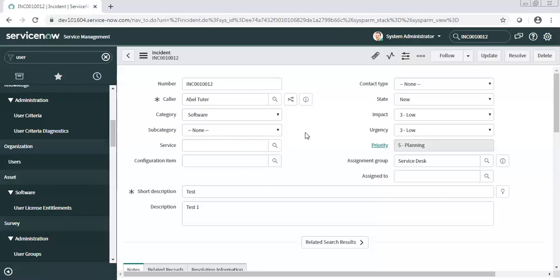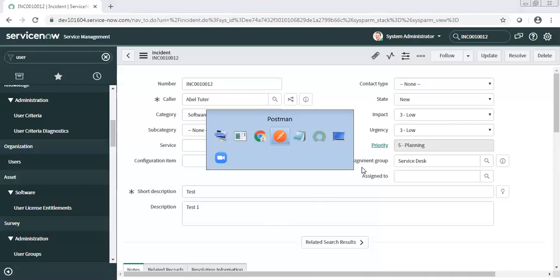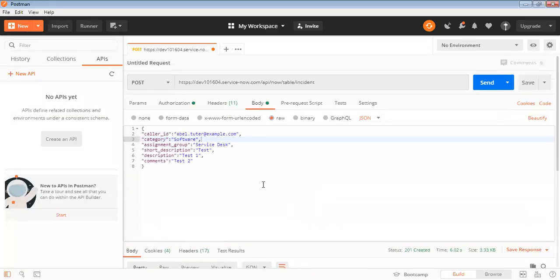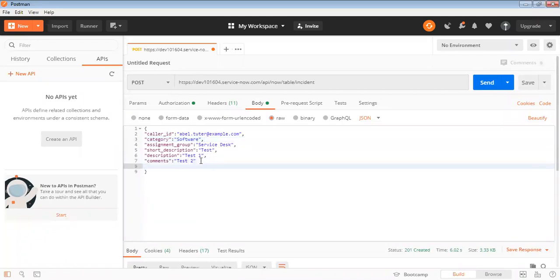The second reason is, okay, let me do one thing. I will send the priority as well. Let's say we need to send the priority as well when we create the ticket in the third-party system.